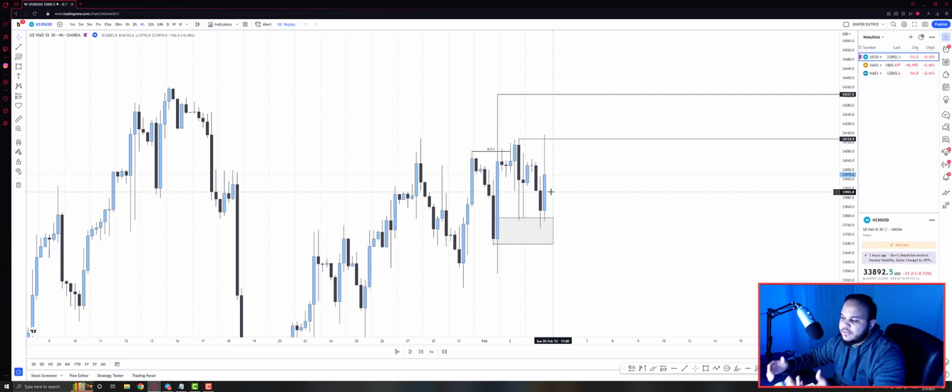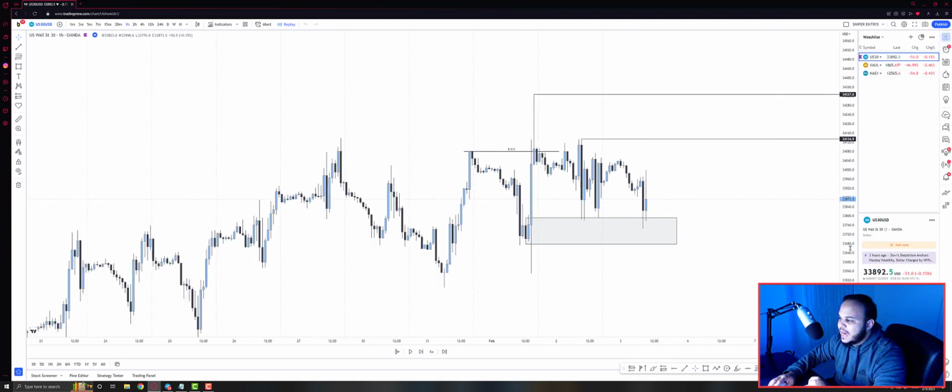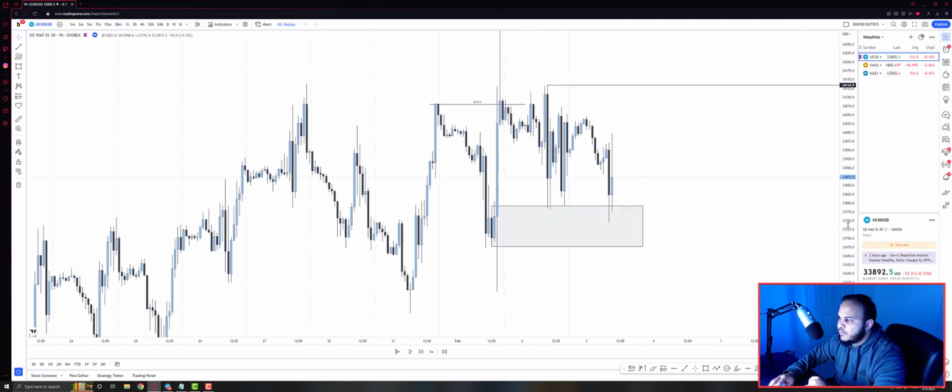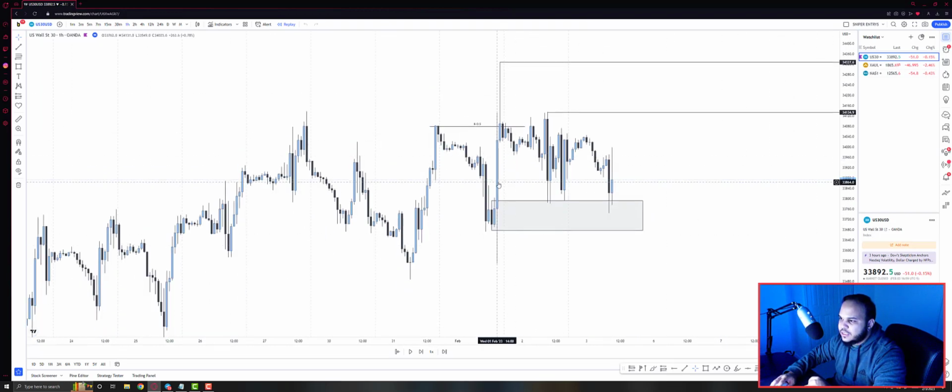The daily, the 4 hours. So now I just dropped to the 1 hour and found the 1 hour POI. So what happened, I think it was yesterday, we had massive news that made the market push up, creating a massive move that also left a 1 hour order block here, and that's the one that I marked up, and I was looking for a possible trade once the market retests that level